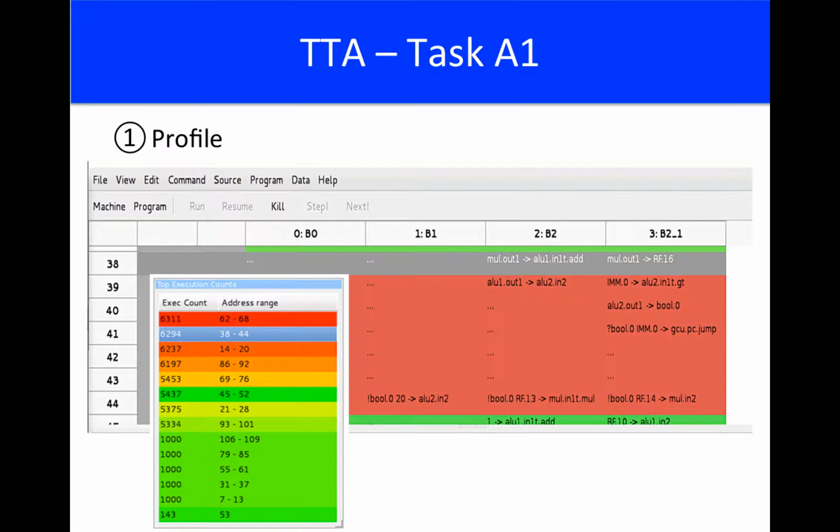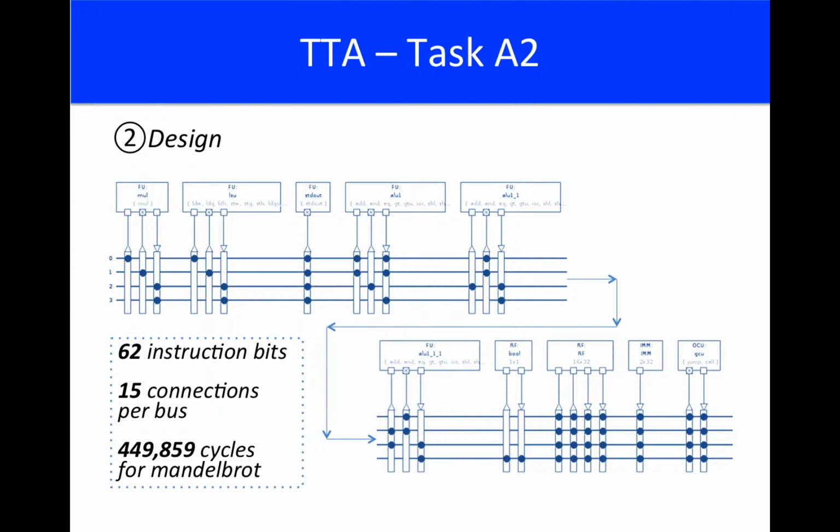Here is the profiling output from the original large processor with 4 buses. As can be seen, the arithmetic units are used quite often. Here is our final processor design. It uses 62 instruction bits and 15 connections per bus, and it is able to process the Mandelbrot in